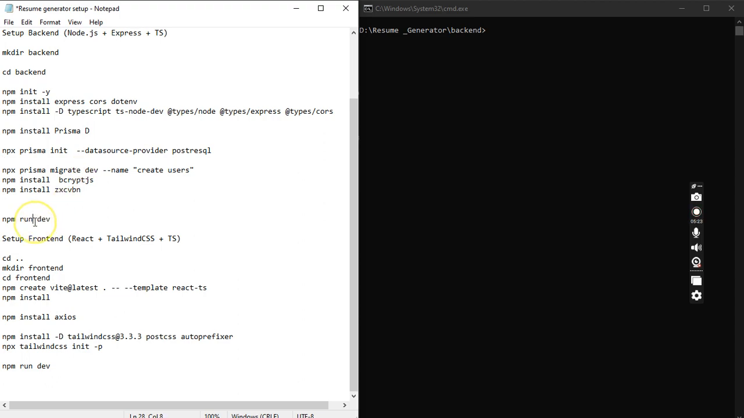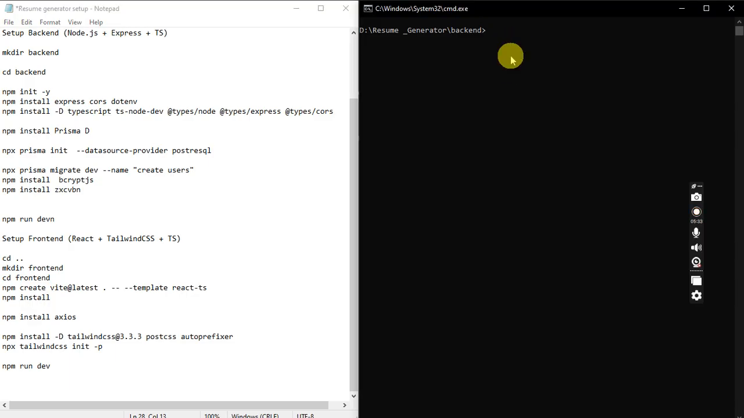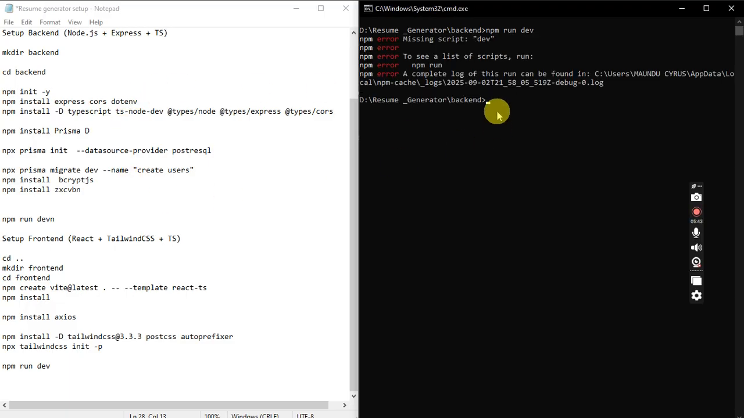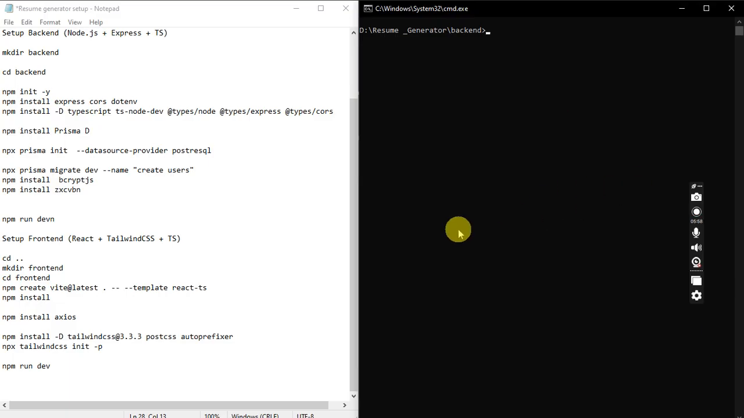After installing all this, you can test your backend by just running npm run dev. For example, let me show you. You can say npm run dev. So this is after installing all this. For me, I haven't added the development or the production scripts on the package.json, so the backend can't run. So from there, I'm going